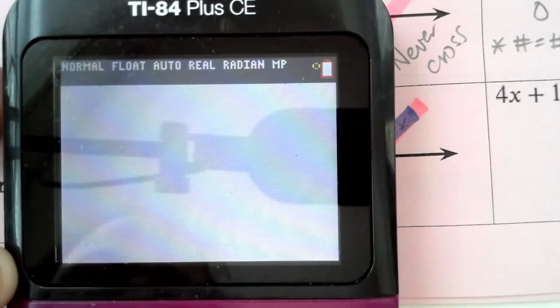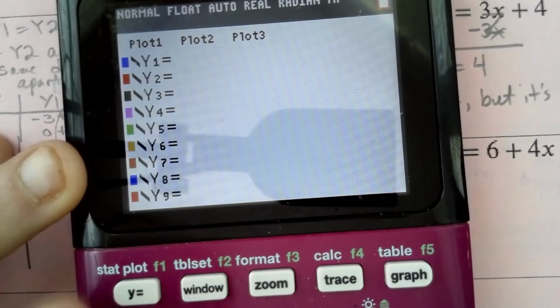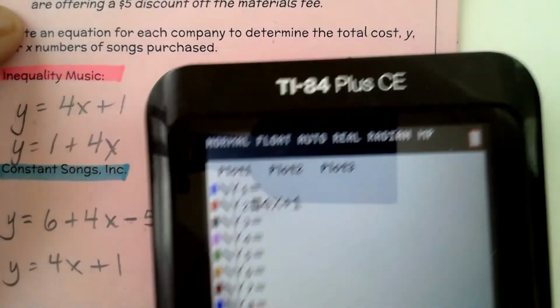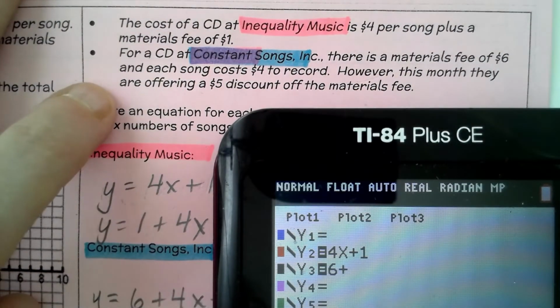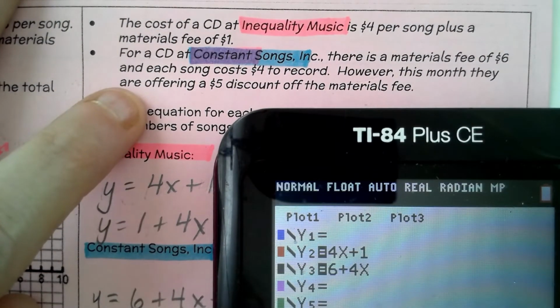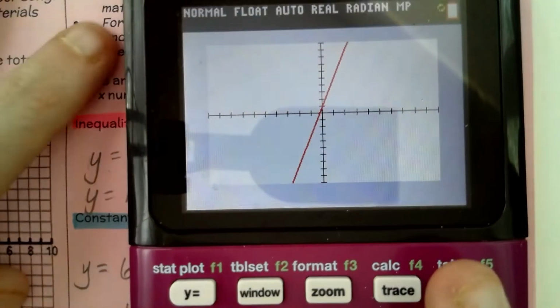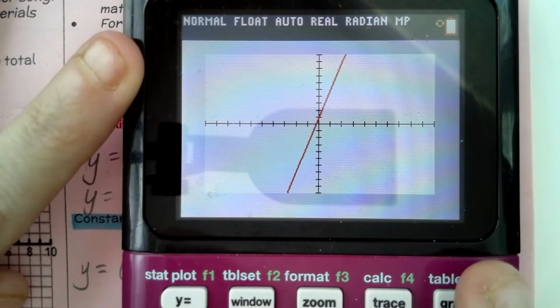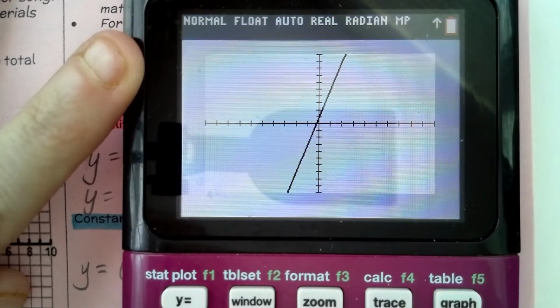Okay, so the equation, again, with cutie pie here, we had 4x plus 1, and I'm going to put the other one in because it's not always that obvious. So we had 4x plus 1, and then when I wrote this equation, there was a materials fee of $6 plus $4 per song minus a $5 discount. And I know I have them in the wrong ones, but that's okay. Whoops, didn't mean to do that. But you can actually see it happening here. Look, it's graphing the red line, and now you see it graphing the black line right on top of it. When I look at the table,